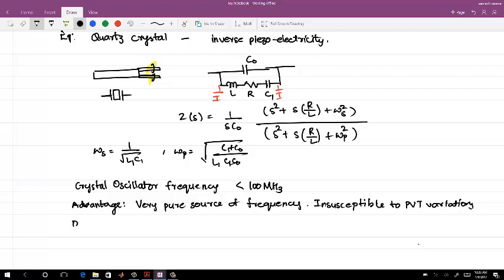But the big disadvantage is that once you manufacture this crystal oscillator, you have a very limited tuning range by using capacitors on the side or changing something in the network. So it has a very limited tuning range,